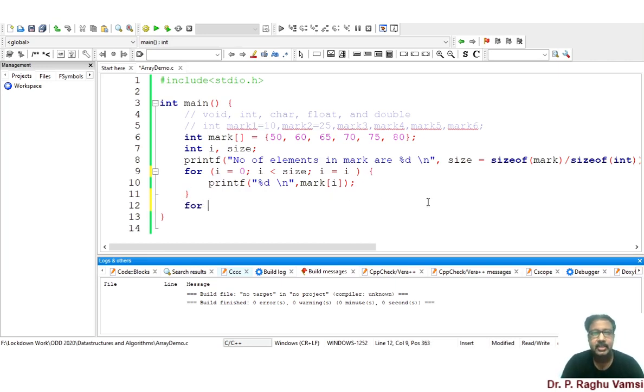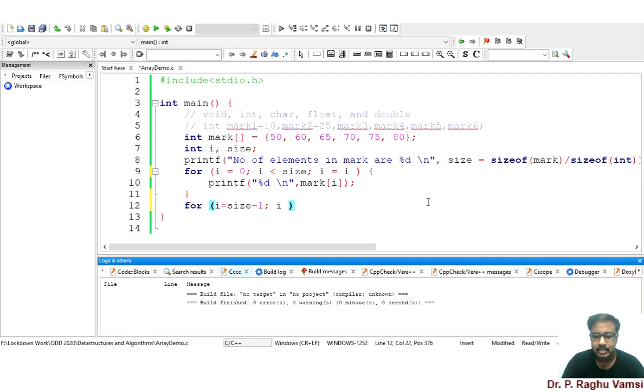And if you want to decrement, for i from size onwards, you need to go for i is equal to size minus 1, because the size value will not be there. Always the index will start from 0. That is the reason i is equal to size minus 1.